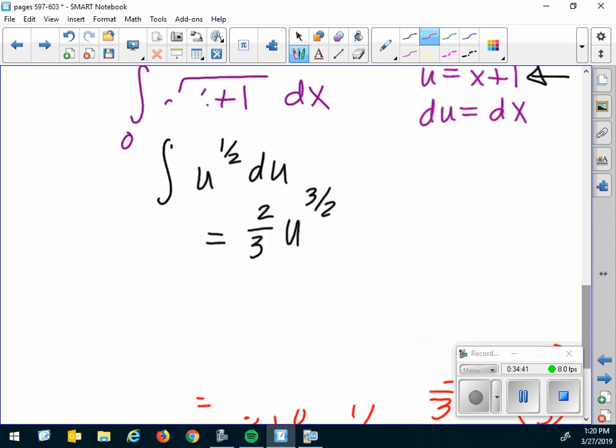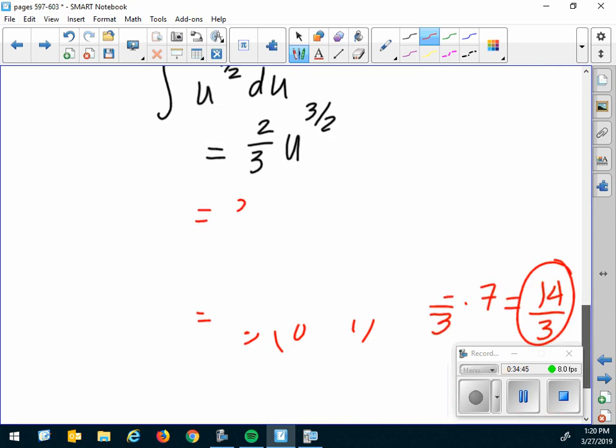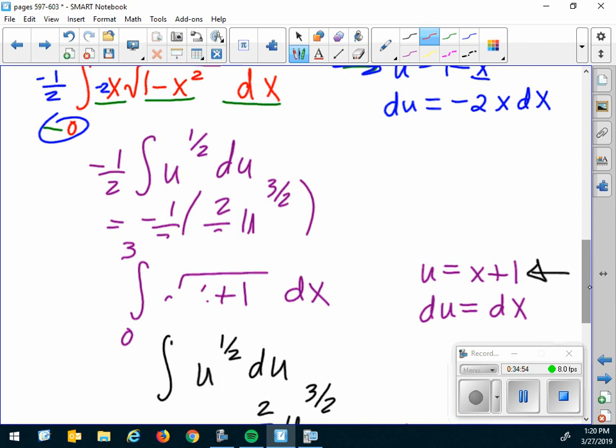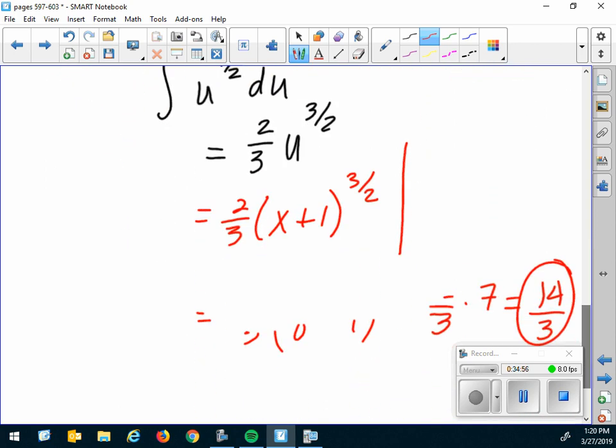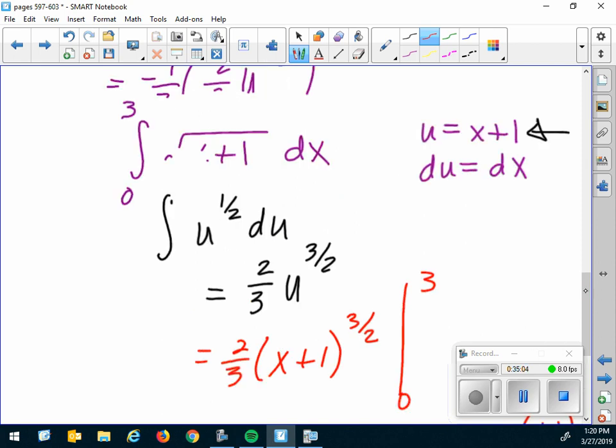And I would have put my x plus 1 right back in there: 2/3 times x plus 1 to the 3/2. And then I would have evaluated that from 0 to 3. Okay, so if you're going to say I want to put my x limits back,